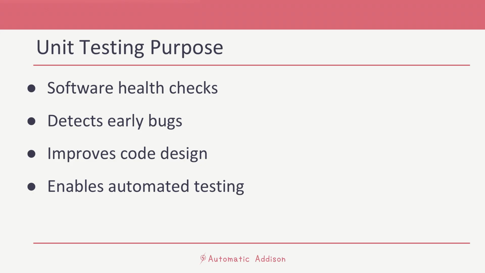In this tutorial, I'll show you how to use Pytest to write and run unit tests. Imagine you're building a complex robot using ROS2. Your robot is made up of many different parts, each controlled by a piece of software. Now, how do you make sure all these pieces work correctly? That's where unit testing comes in. Unit testing is like doing a health checkup for each part of your robot software. It is a way to automatically test small pieces of code to make sure they're doing exactly what they're supposed